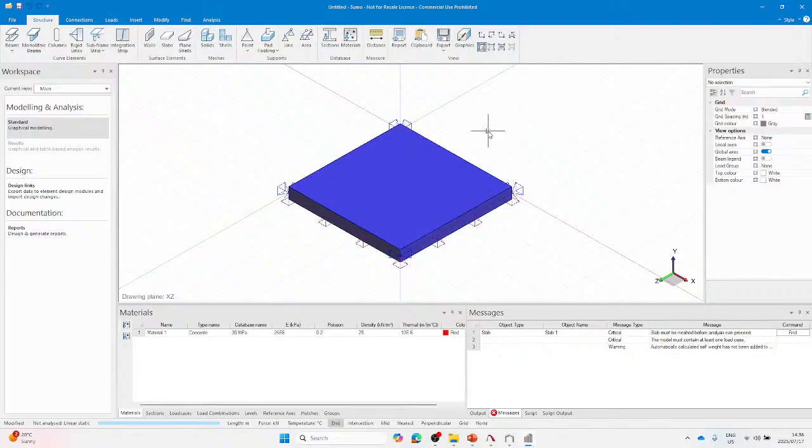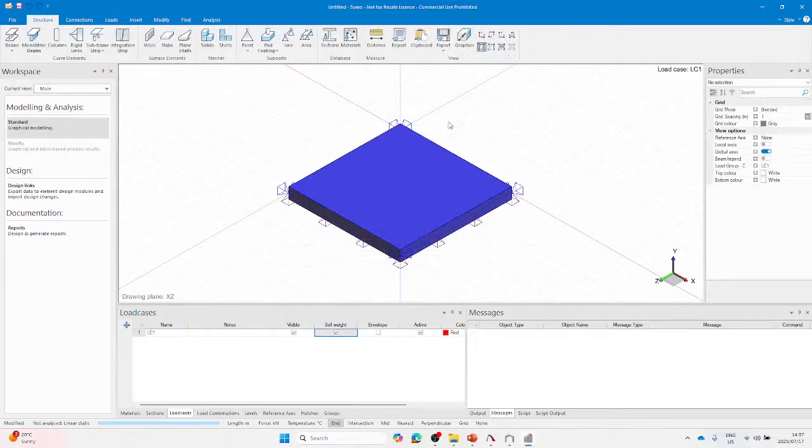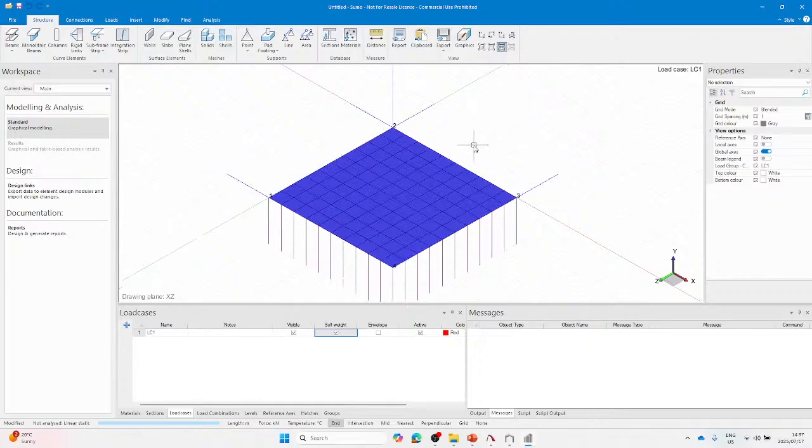And the next thing is, remember we had a load case, so in Sumo we'll go to the load case tab, and we're going to add in a load case. And then under the messages, you can see automatically calculated self weight. We are going to add in the self weight to the dead load. And I'm just going to select the slab and mesh it,